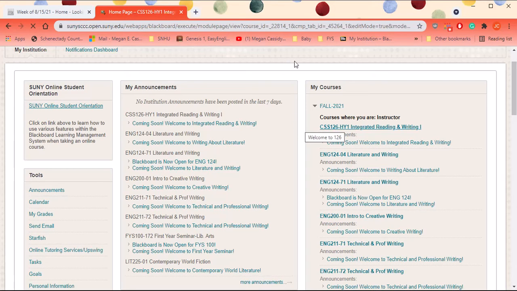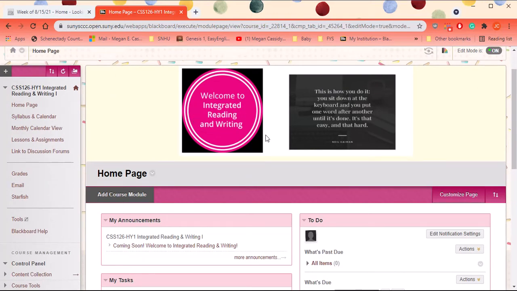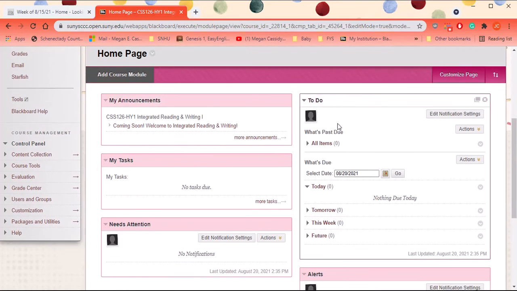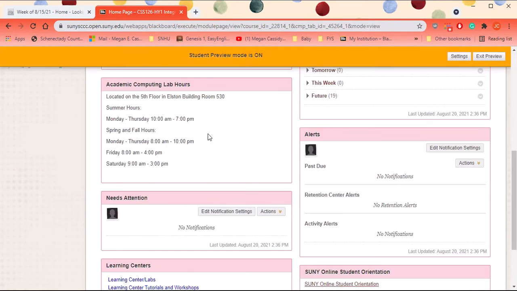When that opens up, the first page that we will come to is the home page. So you can see, it looks kind of like sprinkles on a birthday cake here. And we have a little banner welcoming you to the course. Some things on the home page are the announcements. So again, if you want to see what's coming up, if there's anything that I announced in class, maybe you missed a class, or you just want to double check what the homework is, that kind of thing will be in the announcements. What you have to do, tasks, needs attention,